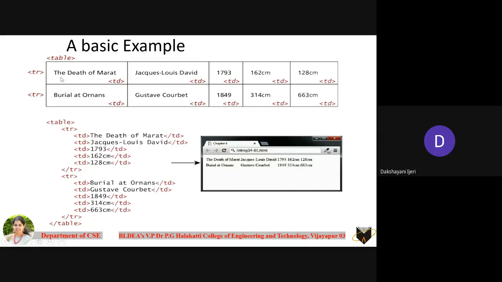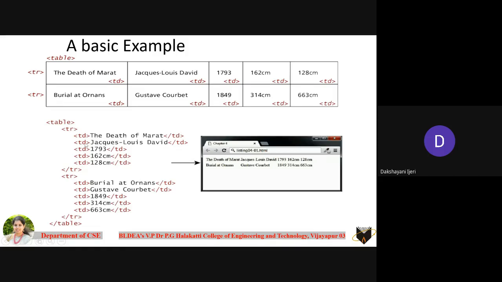As I told you, the entry is row-wise, not column-wise. So row-wise, the first value goes to the first row, the second value to the first row, maybe in the next column over here, but the entry is considered row-wise only. First element, second element, third element, fourth element, and fifth element. The number of TDs represents how many contents you want to add here.